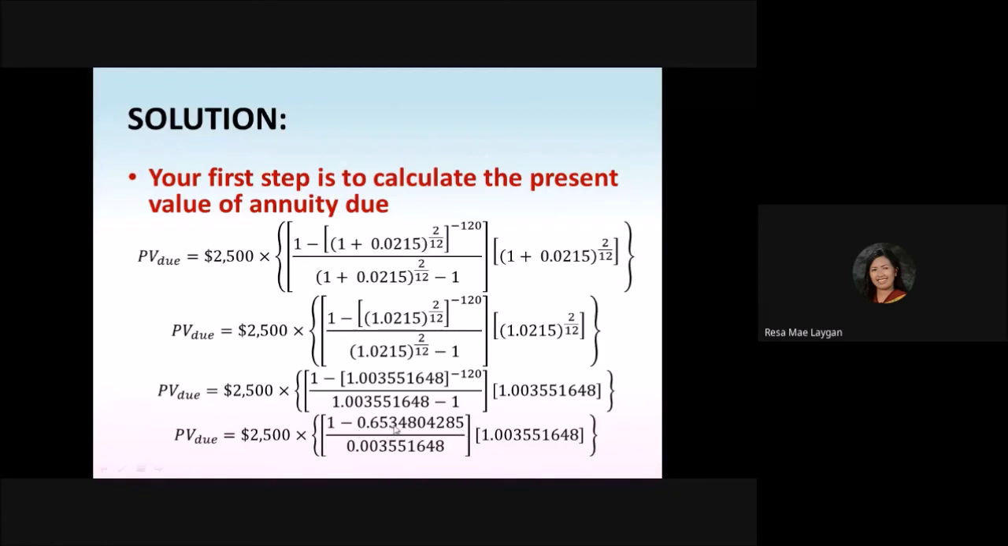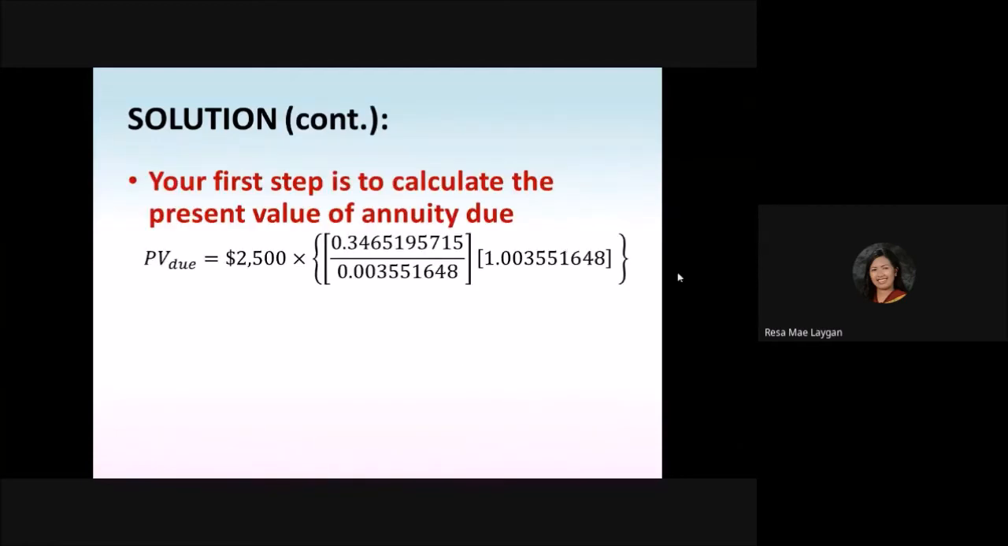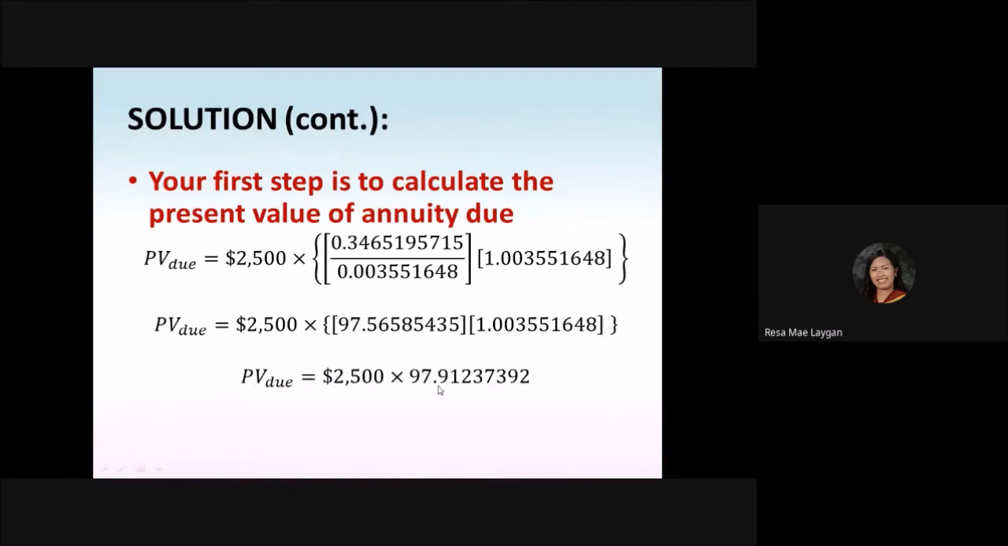You have to deduct this value from 1. You will be able to get the value of 0.3465195715. Then dividing the two values, you will obtain 97.56585435. So you multiply this by 1.00355168, then you will obtain the value of 97.91237392. Then you multiply this on the $2,500, then your present value of the annuity due is